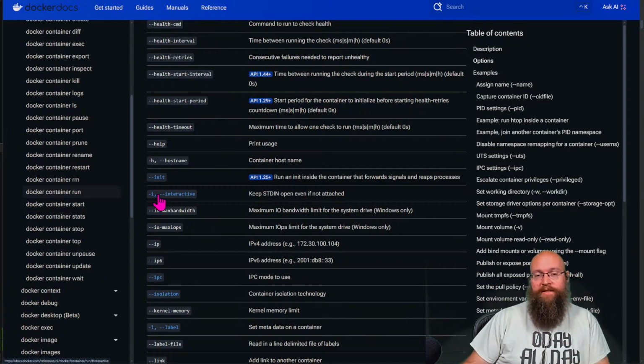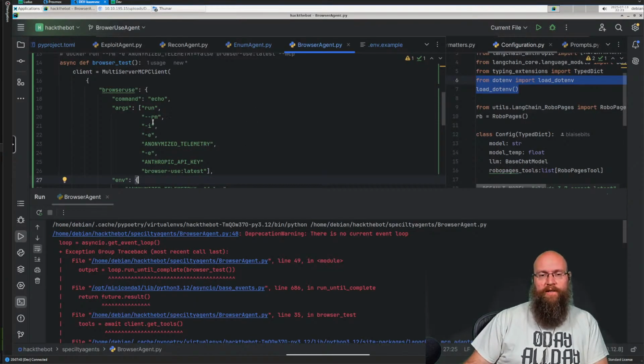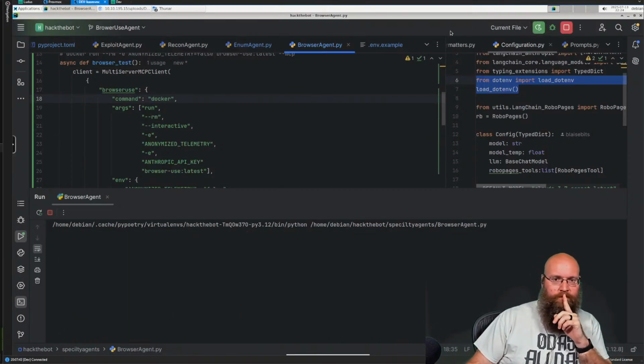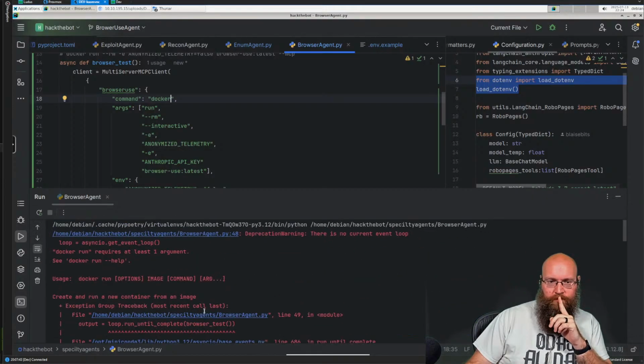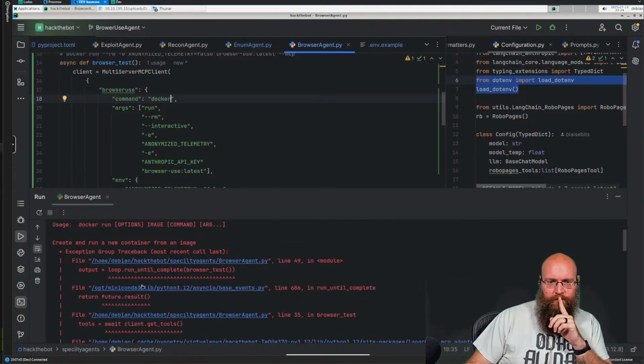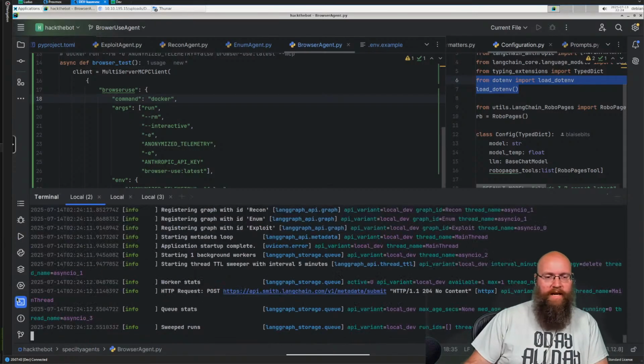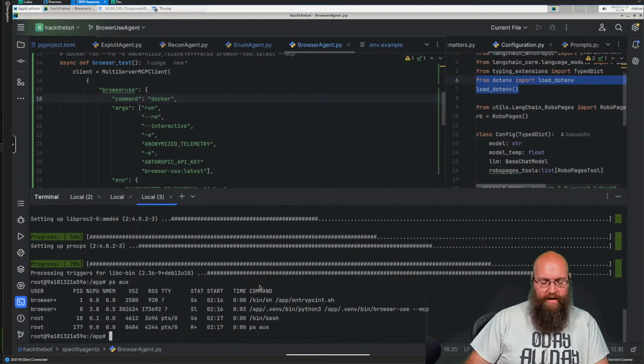Maybe for some reason it doesn't... That would be weird if it didn't like the shorthands. I'm actually willing to try it at this point because it makes no freaking sense. Let's see if we just get any difference here. Yeah, so it's still, for some reason, acting like we just ran the command.